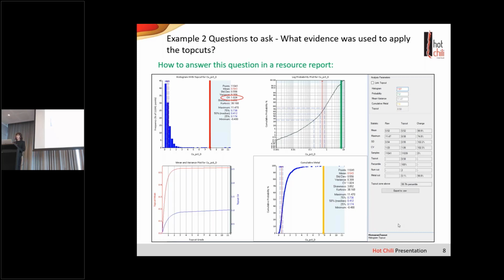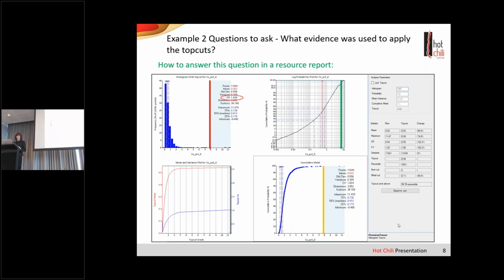This has been shown a couple of times. This is the global top cut analysis, which is awesome. So you see all your different pieces of evidence, and on the right-hand side, you can see the impact with the statistics and also the metal cut as well. This is a good example about also seeing that just because you have a low CV of almost 1, doesn't mean you don't have outliers as well. So you've got to gather all bits of information. This is for a quite high-grade copper domain.